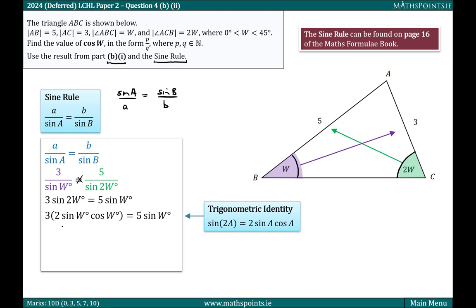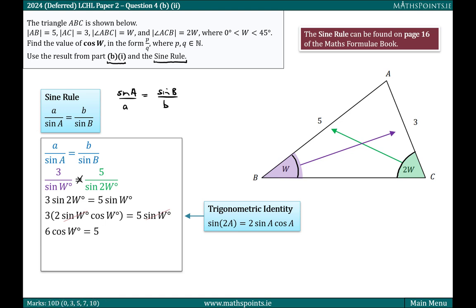Now at this stage we can tidy this up. We can say 3 times 2 is 6, but also we can divide both sides by sine w. Now we have to be careful about dividing both sides by 0 because that's not allowed in maths, but clearly sine w isn't 0 here, because w is an angle, and it has a measurement. It isn't a measure of 0, because we're making a triangle out of that angle. So if we divide both sides by sine w, we're left with 6 cos w is equal to 5,